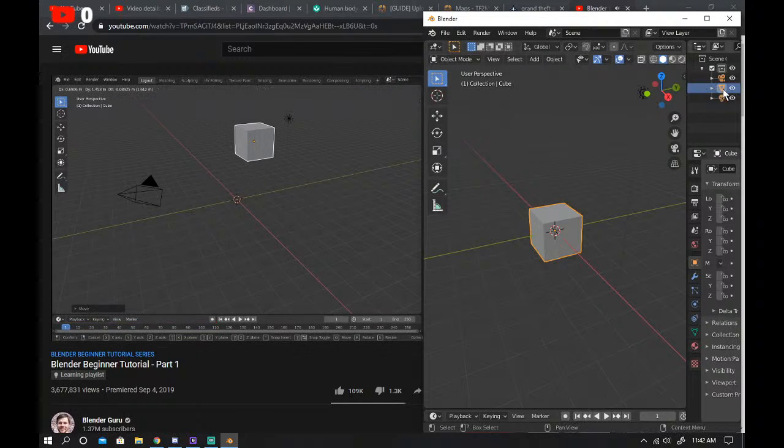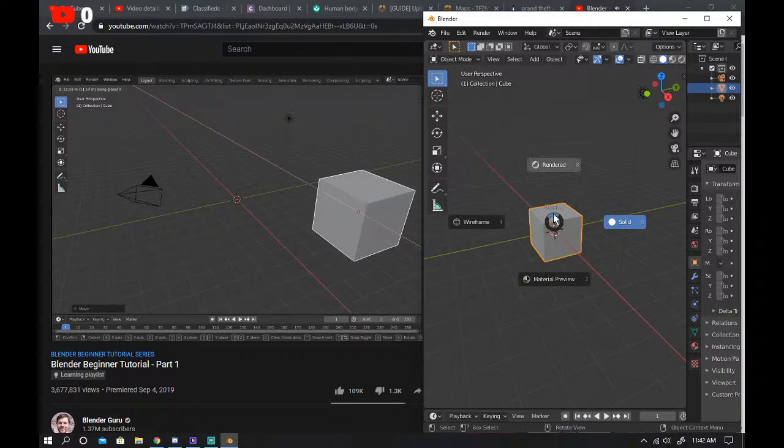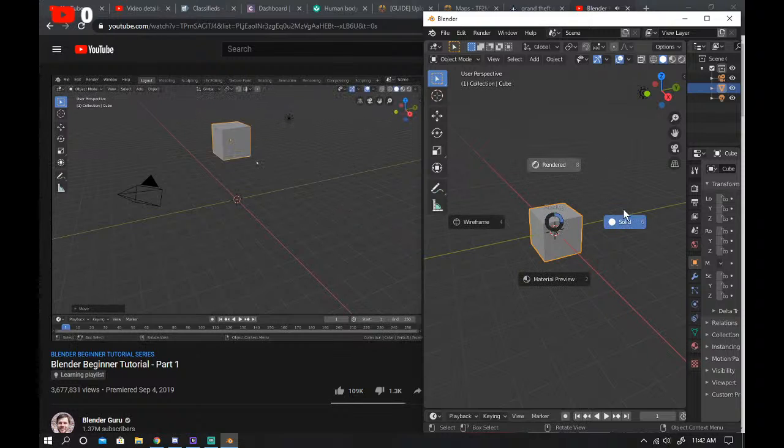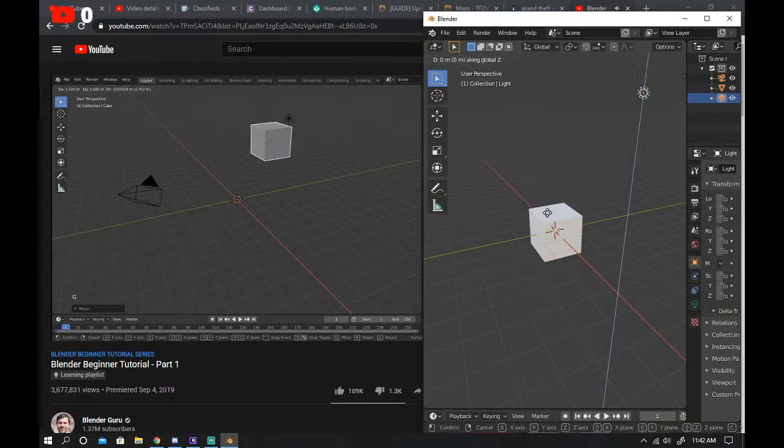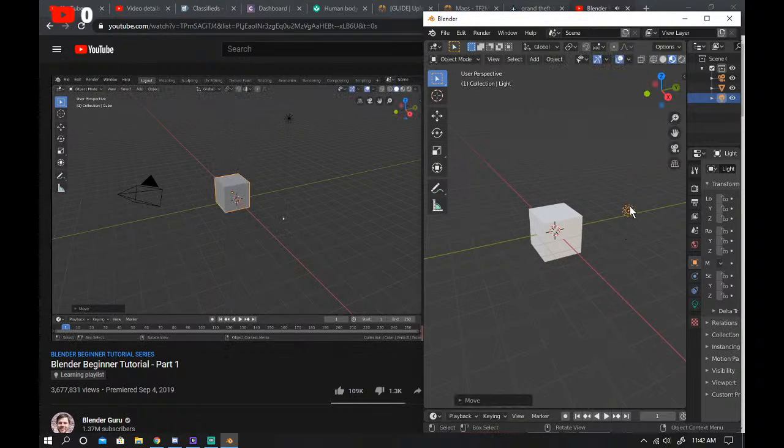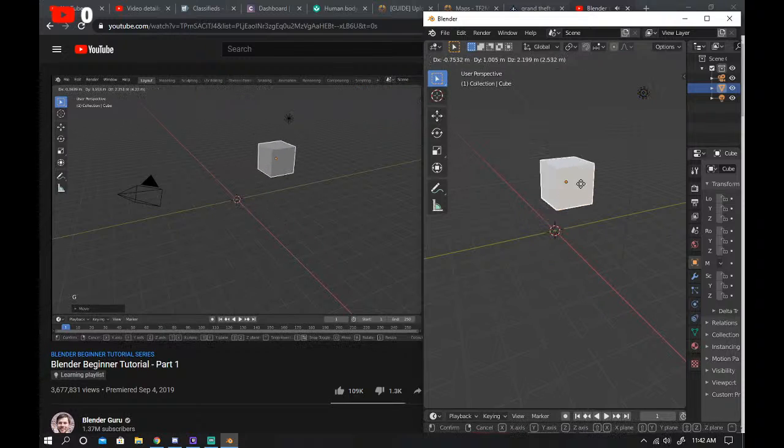So if I push the letter of any of those axes, like Z, I'm now moving it along the Z axis. Or X. Or Y. Again, that's while it's moving. If I hit any of those keys, I can snap it to that axis. Or, instead of having to do a separate key, while it's moving, instead of hitting those axes buttons,